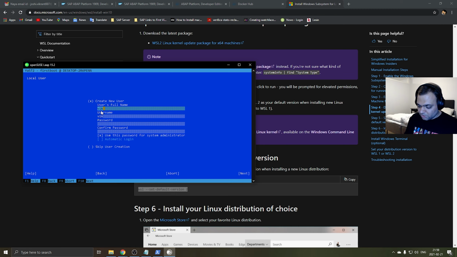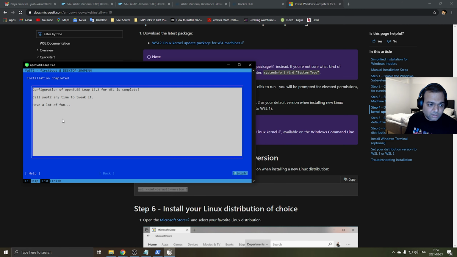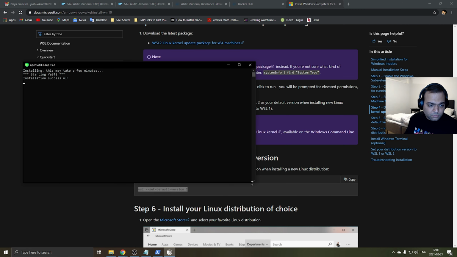So it has to be KRNTJ, password. And I think it will create the Linux system for me. So yeah, this is done. And this opens the Linux terminal. So I'll just close it for now.